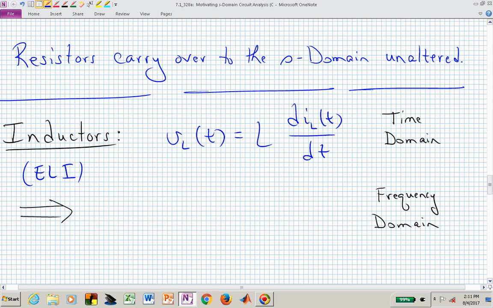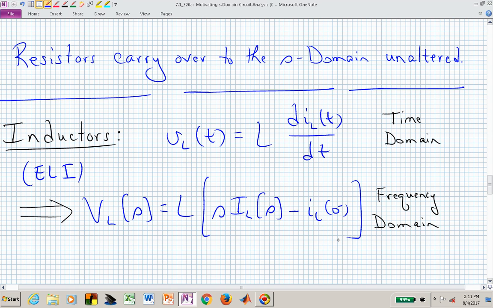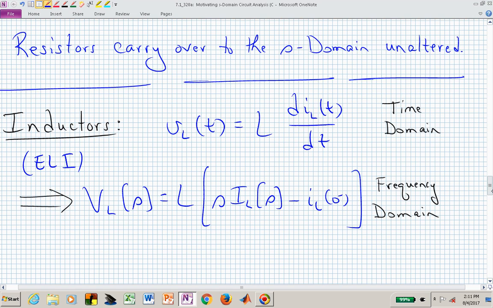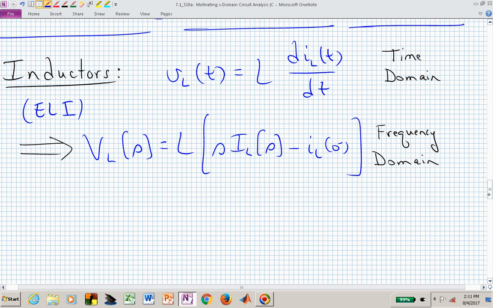If we now, like we did with the capacitor, take this into the S domain, or Laplace transform that differential relationship, we now have V sub L of S on the left is equal to L, which now scales S I sub L of S minus I sub L of 0 minus,